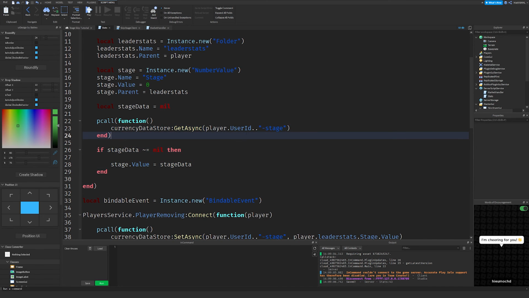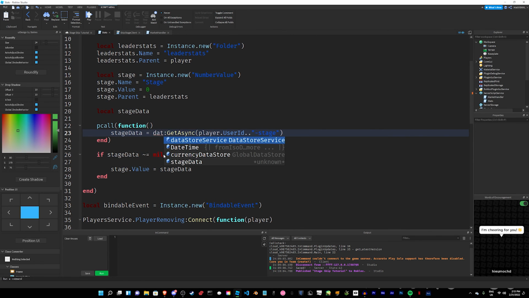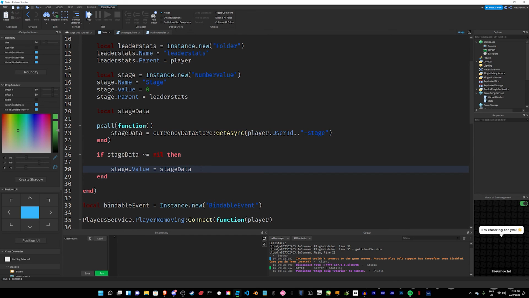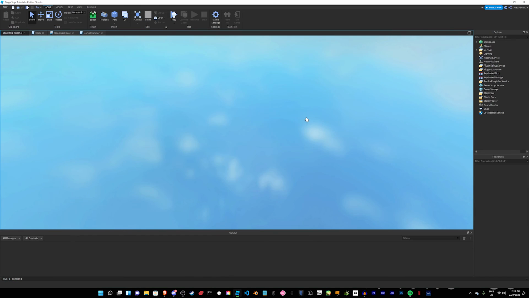GetAsync player die. Let me just pause it for a second. Alright, so I figured out the problem. We have to do stageData equals currencyDataStore:GetAsync. So we have to set the variable to what we have, and then if it's not equal to nil, then we could just paste that in. So if we test this out now,